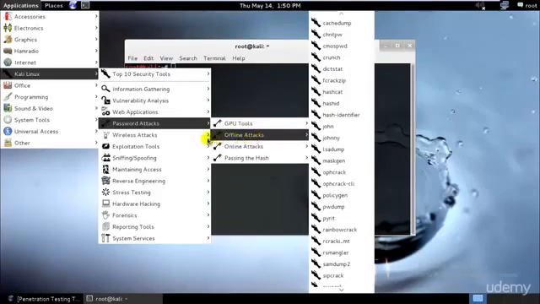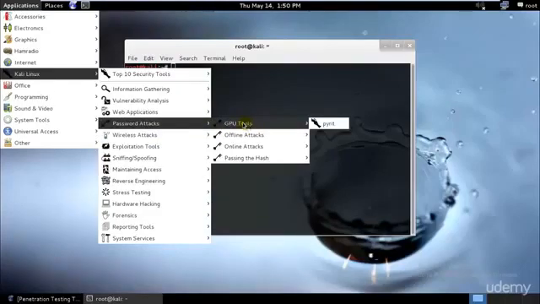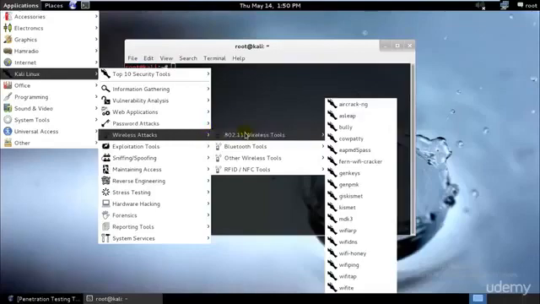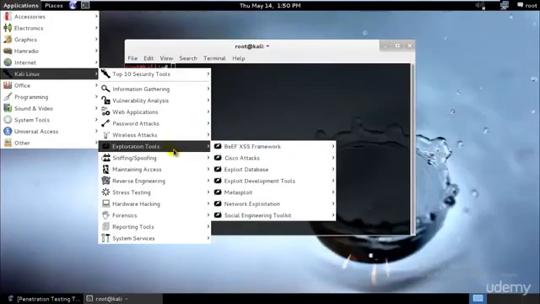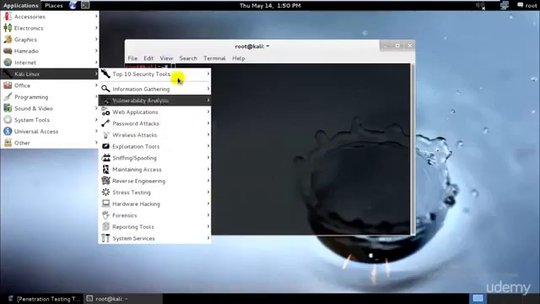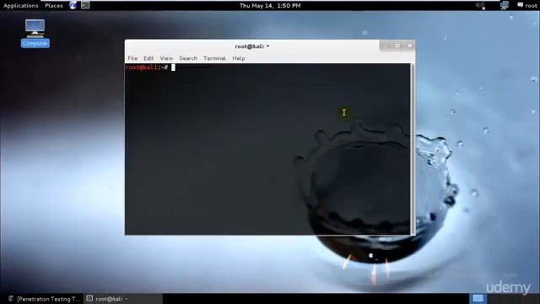These are offline attacks, and password attacks can be much faster if you have a graphic card with you, because almost all of the time, password attacks are cracked by graphic cards. The reason being that they are much faster than a normal CPU. So we have your wireless tools, exploitation tools, sniffing, spoofing, maintaining access, reverse engineering, and many more. So starting with the dnsenum,